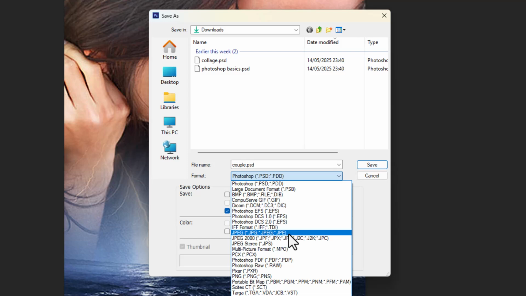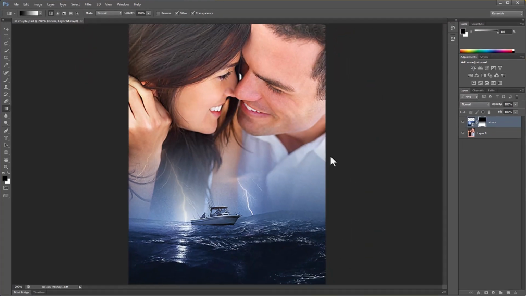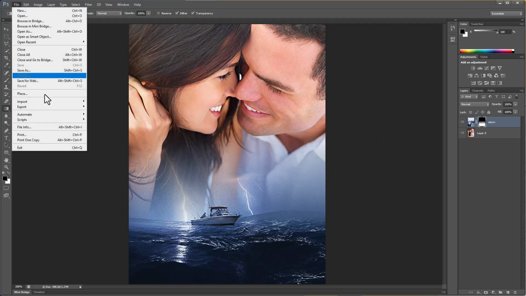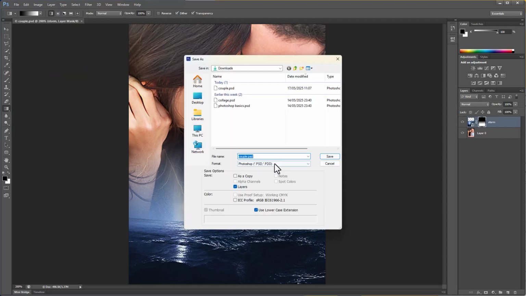So often you will need to have a copy of the image as a PSD file and as a suitable image format for where you wish to use that picture. So here we go, I'm saving this away as a PSD file, and now I am going to save it away as a JPEG so that I could use it on another